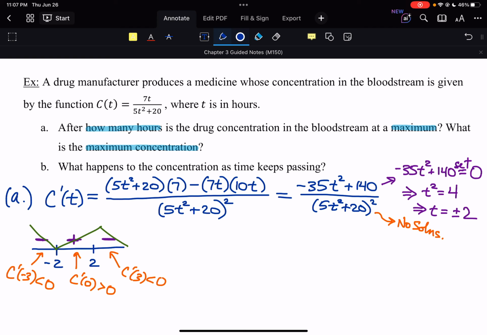Now, if you think about the context of this problem, they're administering the drug at time 0, presumably, right? That's when it first goes in. That's like hour number 0. So really, everything that happened before that is kind of irrelevant because of the context of the situation. But we can see either way that the maximum is occurring here at 2. So we know that the maximum concentration,